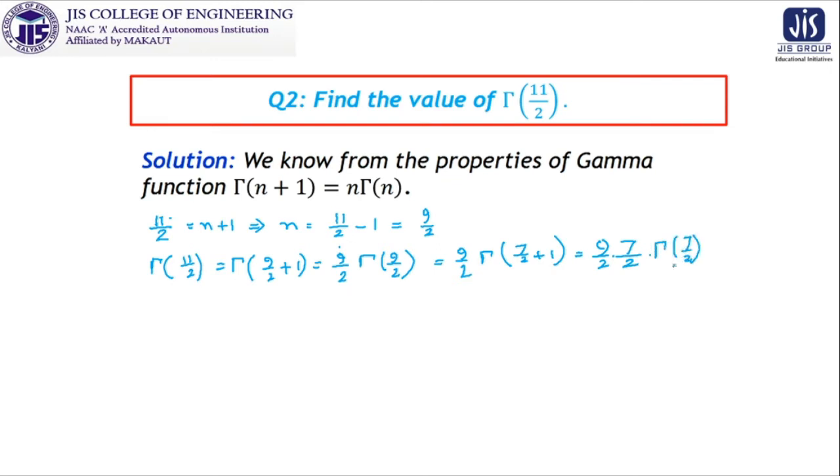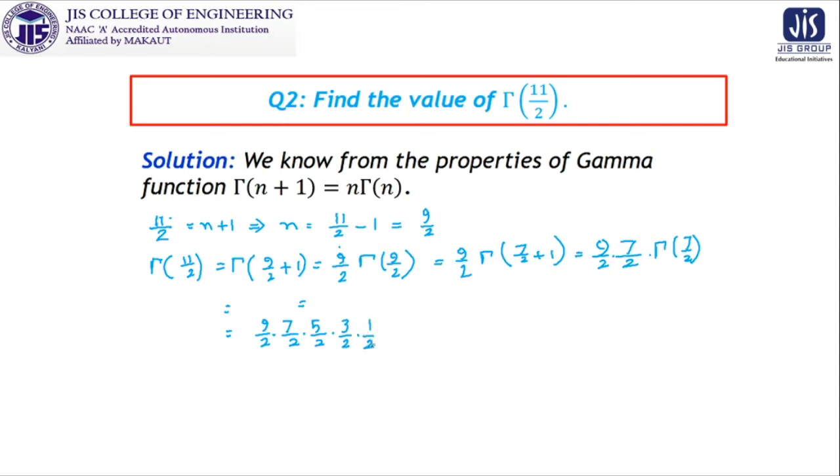Once this recursive structure is clear to us, we can think for some consecutive lines, and ultimately we can go for the lines as 9 by 2 into 7 by 2 into 5 by 2 into 3 by 2. Once it is 7 by 2, it is gamma 7 by 2. So if it is 3 by 2, it will be gamma 3 by 2.